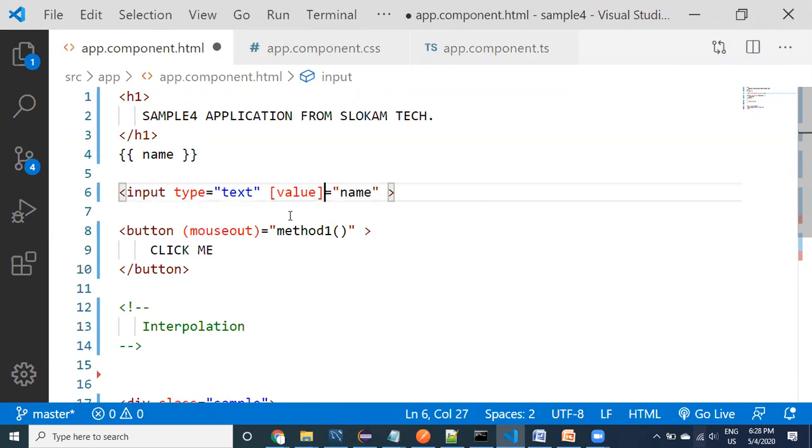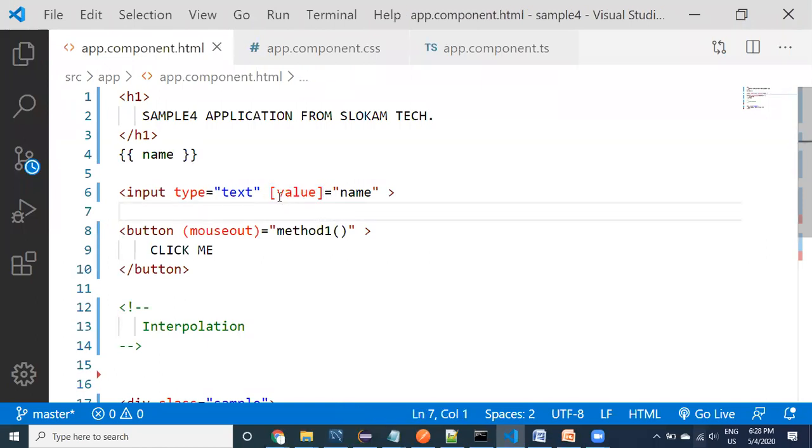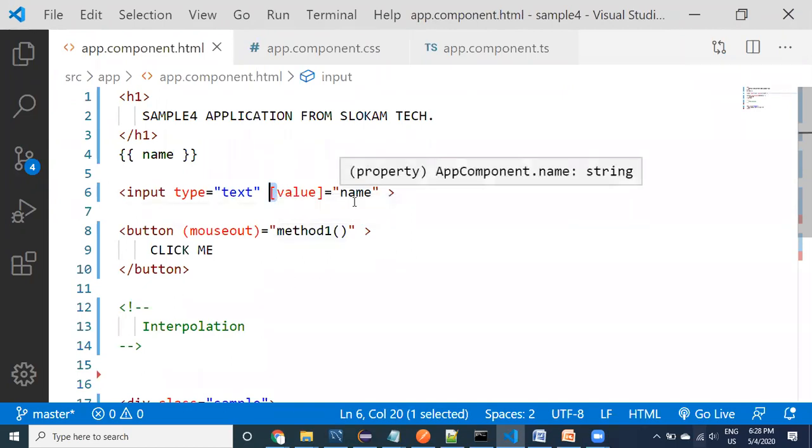Let us look at it guys. What is this? Property binding. This is called brackets. Remember, square brackets say what? Property binding. What is the meaning?